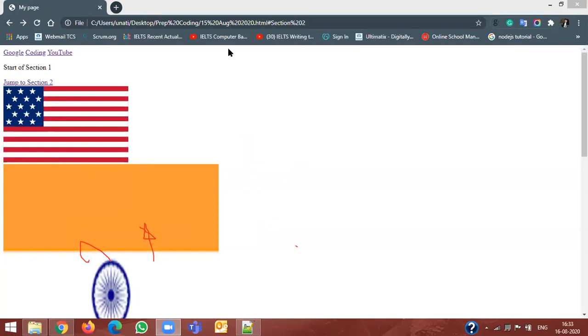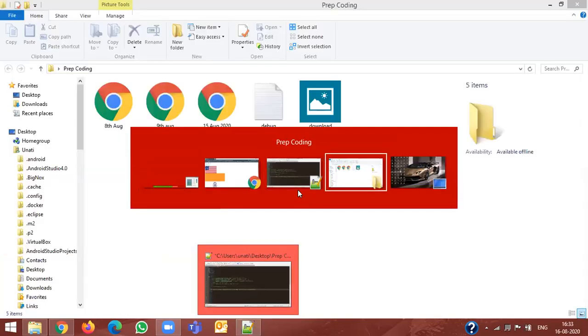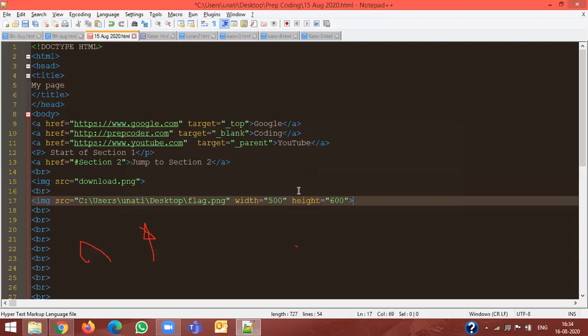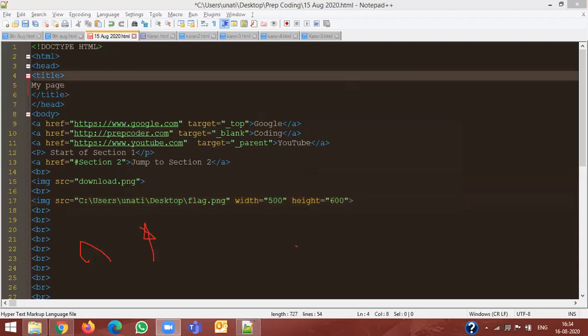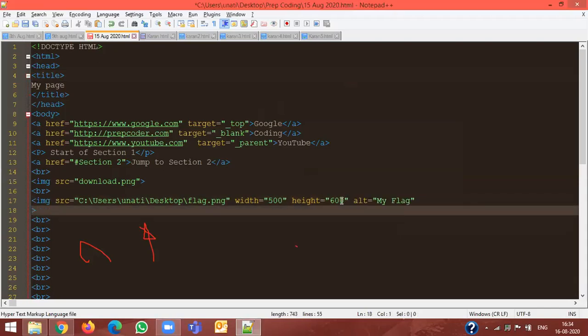Okay, I've just pinged you. After you have done the width and height, all these are different attributes of an image tag. You have an attribute by name source. You then added an attribute width and height. Now you're also adding an alt attribute, which is the text attribute. Sir, where should I put this now? Everything would be within that image tag. All these are attributes for the image tag.